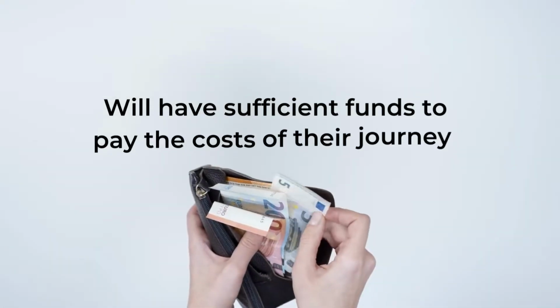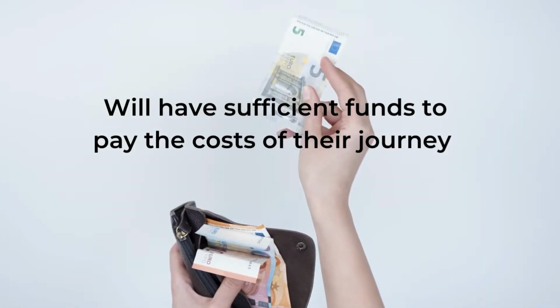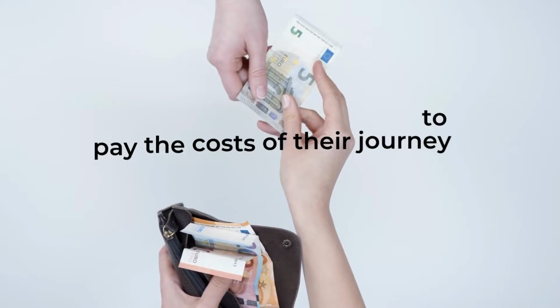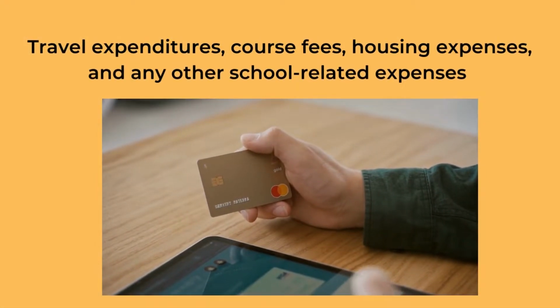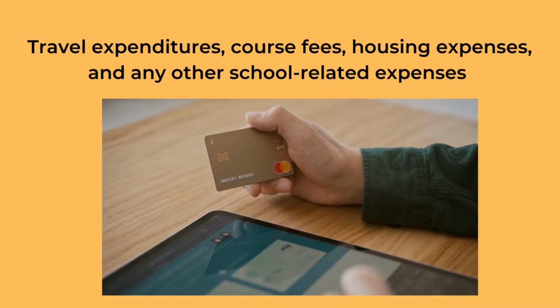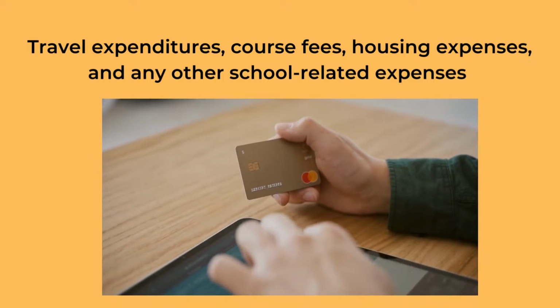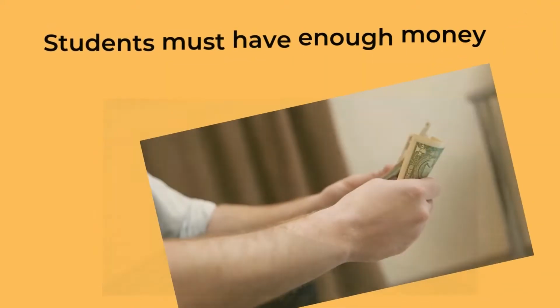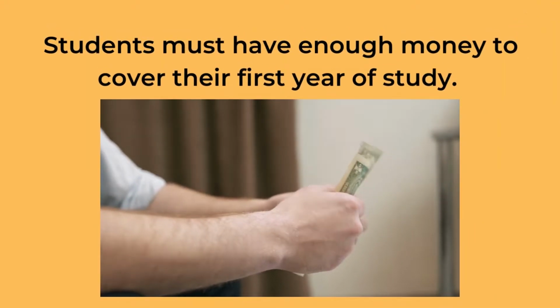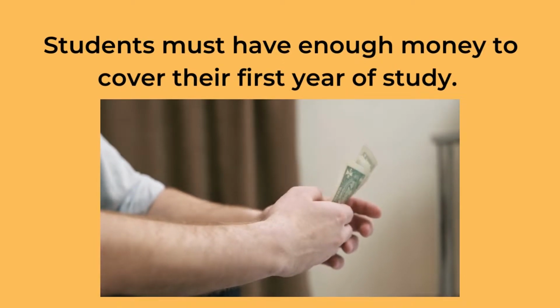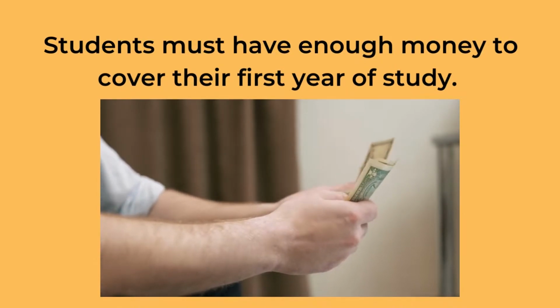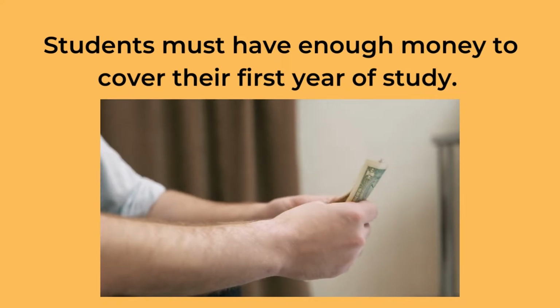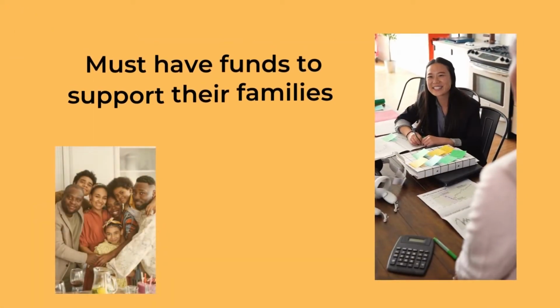Financial capacity. Students must demonstrate that they will have sufficient funds to pay the costs of their journey and stay in the United Kingdom. This covers travel expenditures, course fees, housing expenses, and any other school-related expenses and levies. Students must have enough money to cover their first year of study, or the full course if it is less than a year. If the student is traveling with a partner or dependents, they must have sufficient funds to support